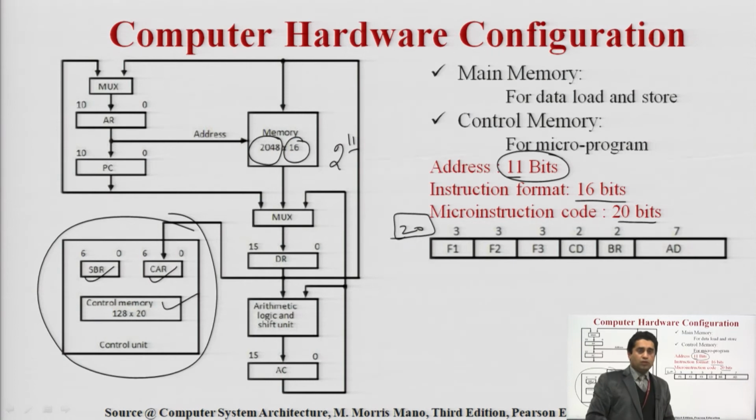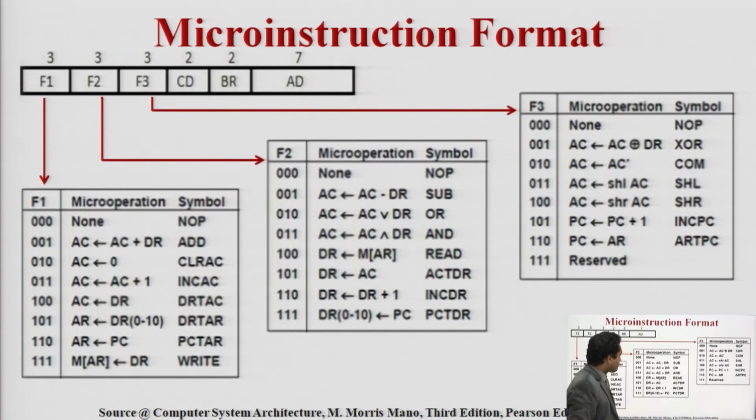As we know, the speed of the microprogrammed control unit is slower than the other one, which is the hardwired control unit. But when we talk about the microprogrammed control unit, we have one plus point, that multiple operations can be performed together. Here you are seeing some fields F1, F2, F3. These are basically the functions which we can run in parallel. So 3 micro operations can be run in parallel like these.